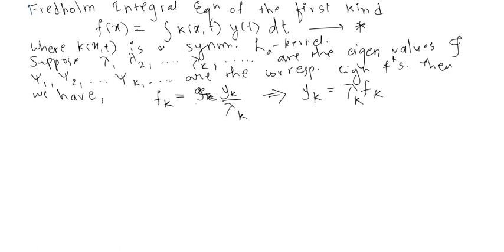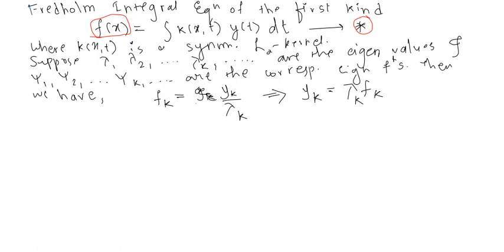That is from the Hilbert-Schmidt theorem. So if you go back and check what the Hilbert-Schmidt theorem was saying, if we have some function which can be written in this form, that is whatever is there in equation star, that is the integral of k of x comma t, y of t dt, where k of x comma t is an L2 kernel and y of t is an L2 function.